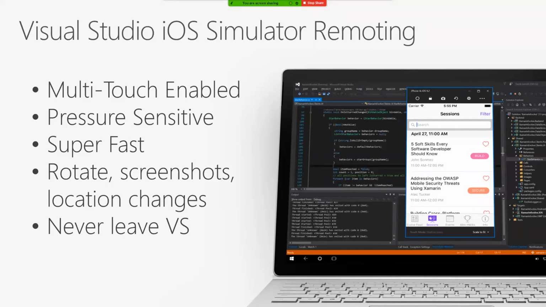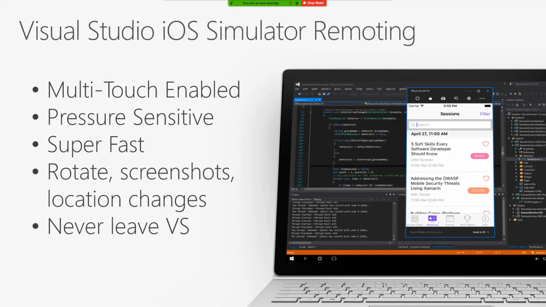And if you've heard anything about VS Online, Visual Studio Code Spaces, this is definitely some kind of an experience that we want to bring over there at some point as well, so that maybe you're connected to an online environment and you're connected to your Mac at home or something, and you can debug your iPhone remotely, your iOS simulator.